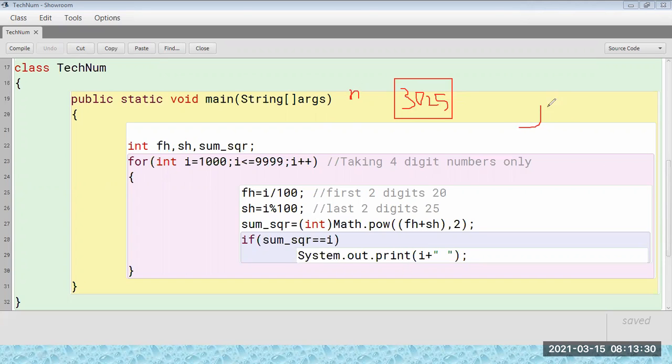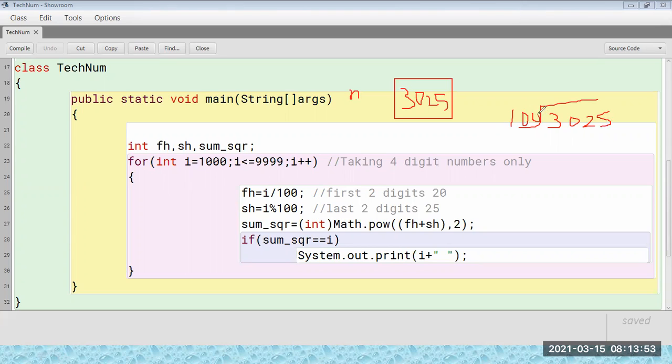So what will happen? First, this we are checking. This program is going to generate all the numbers from 1000 to this. But what is the logic? If you are taking 3025 and you divide by 100, how are we getting FH and how are we getting SH? Because FH will give you the first two digits.